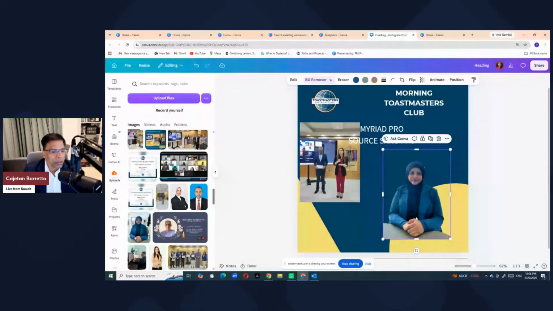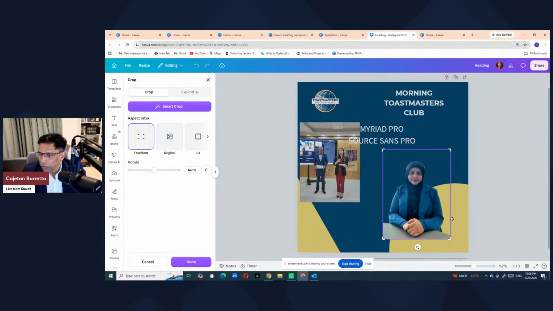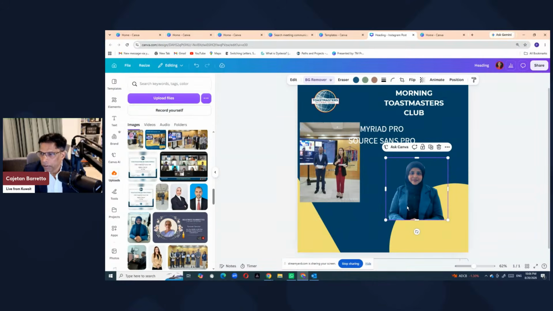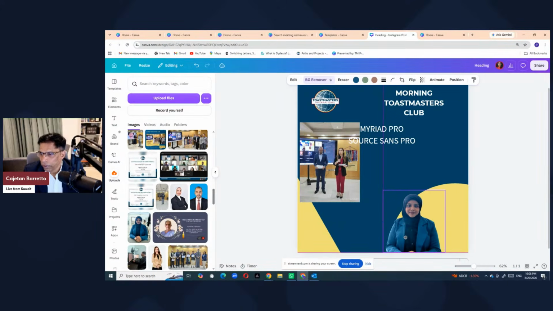If you want to eliminate some part of it, you can do something called crop with the small crop icon here. And you can remove, let's say, something like this. You can make the photo cropped. And you have a photo like this